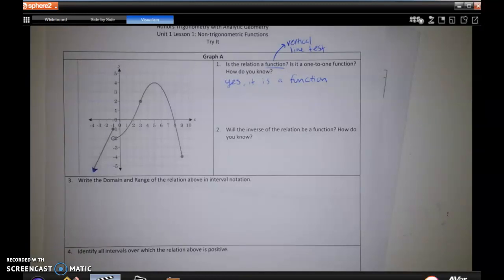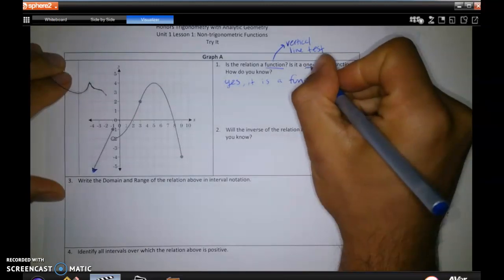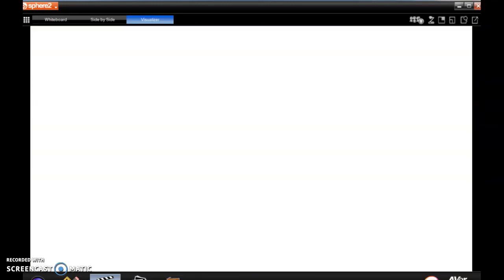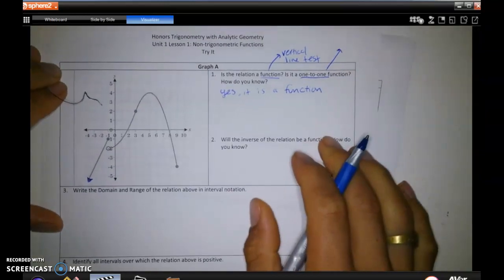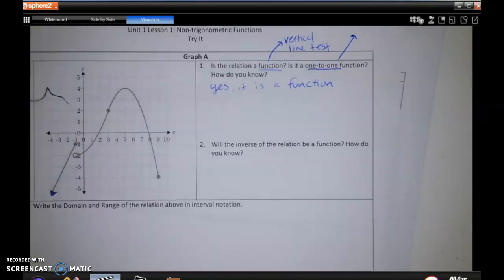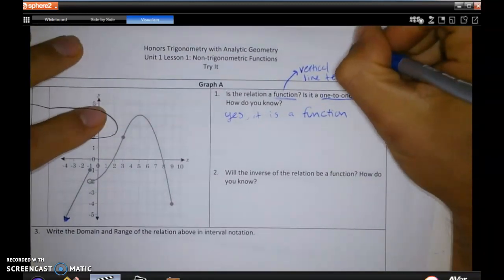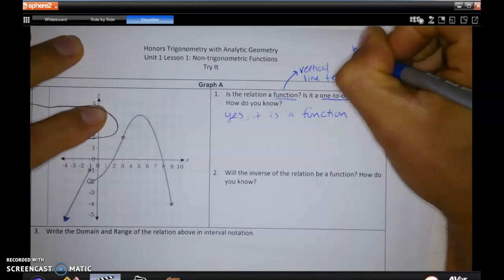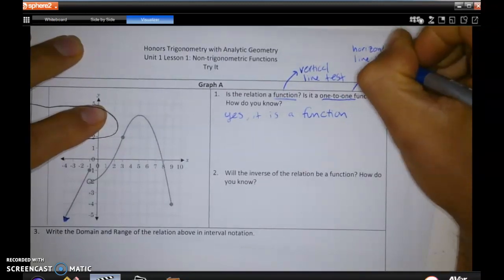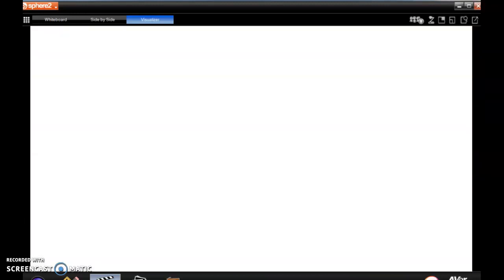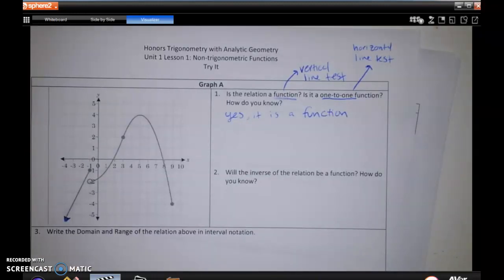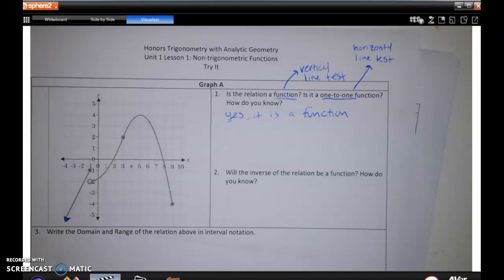The next question is, is the function one-to-one? If we're testing for one-to-one, you're going to be using the horizontal line test. In fact, I'm going to zoom in a little bit. See if I can spell horizontal right. The horizontal line test, which is very similar to the vertical line test, but as you guessed it, we